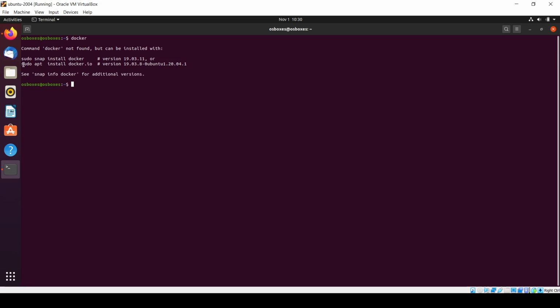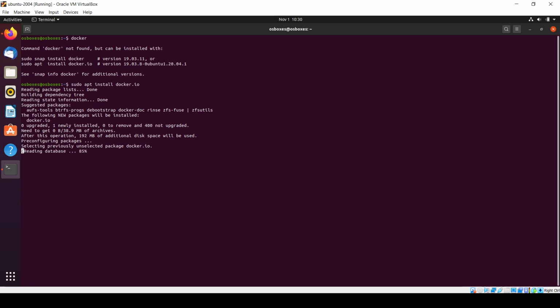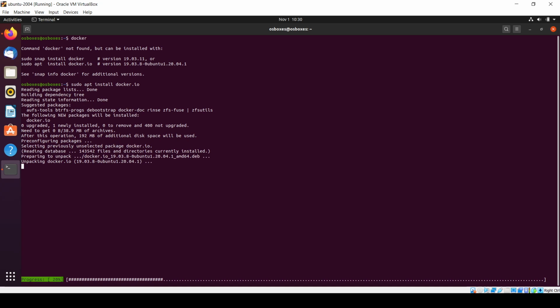I am using this command, sudo apt install docker.io, for installing Docker. Let's start. So sudo apt install. It will take some time